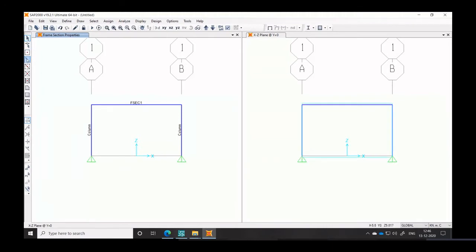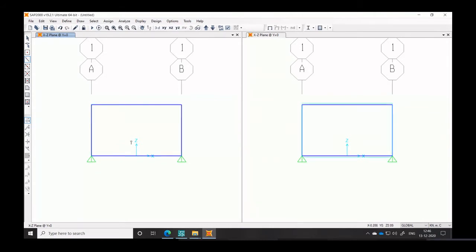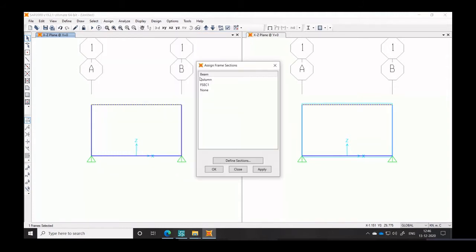So I'm going to draw a beam. Let us call this beam. Draw it here to here. Now we still need to define the beam section to the top one. So I'm going to go ahead, define, assign frame section and beam.